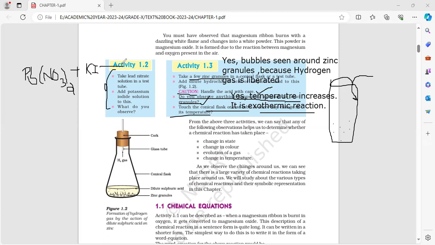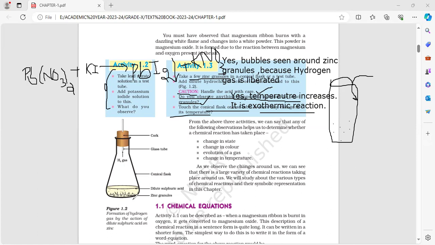gives rise to, so what happened, which color forms? Yellow color and precipitate because of potassium iodide, PbI2. Okay, PbI2 and arrow down because it is a precipitate, and then the remaining potassium nitrate, KNO3, which is dissolved or soluble in the water. This is the chemical reaction for this activity 1.2